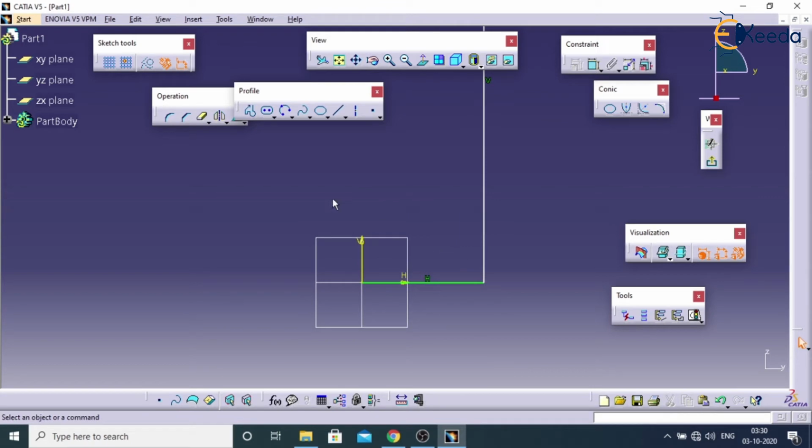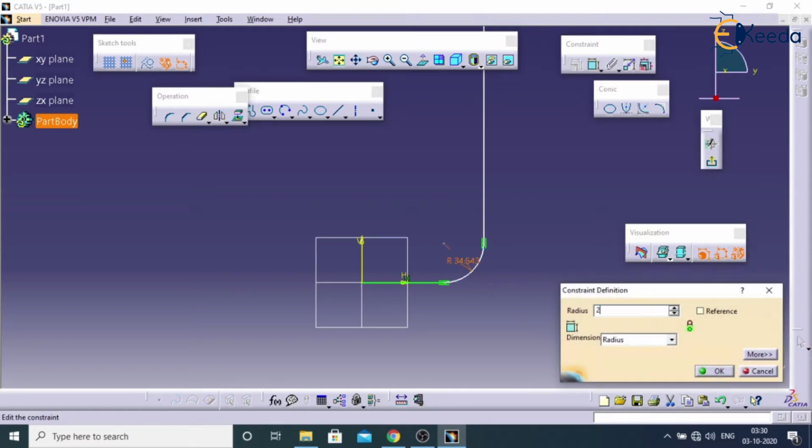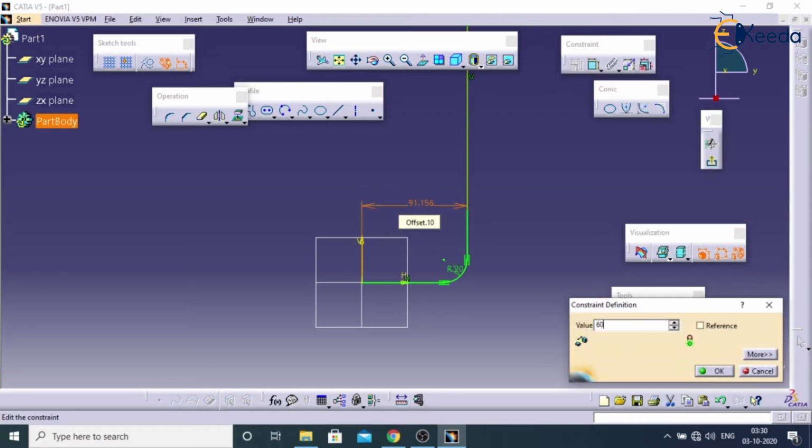We will apply a fillet over here by taking the corner. Select this. Now double click here, I am taking around some 20. Again constraint. From this to this I am taking around some 60.